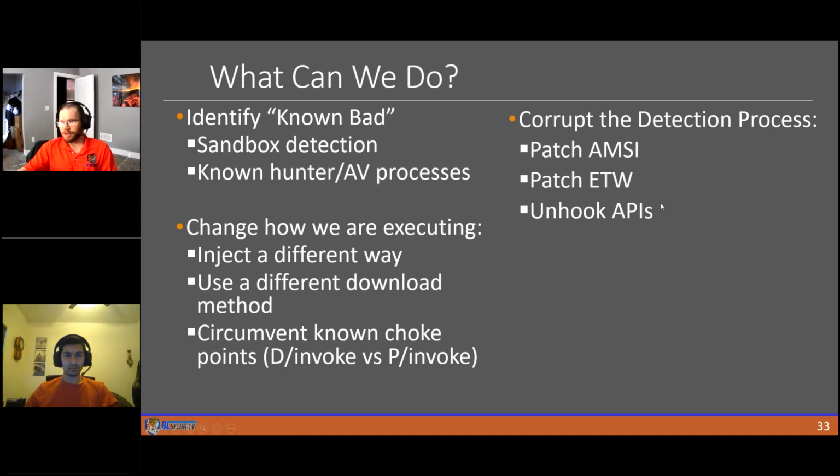Now that we are looking more at our dynamic obfuscation or evasion, what can we do about it? We can identify known bad, which means we can do sandbox detection. We can look for known hunter or antivirus processes. The known hunter thing is more of a carryover from